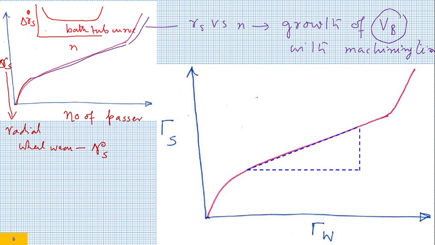bathtub curve. Those who have gone through a course on reliability and statistical quality control would know about it. I'll give you an example. If you purchase, say, 10,000 incandescent bulbs, not LED bulbs, incandescent bulbs which used to cost something around 10 rupees, 12 rupees, and you test them, you put them and test them. Immediately you see some of the bulbs will get damaged. So initially within the first 2-3 hours or 10 hours, the rate of failure of the bulbs would be very high. Possibly there was some manufacturing defect, possibly there was some defect introduced because of vibration and all during transportation.